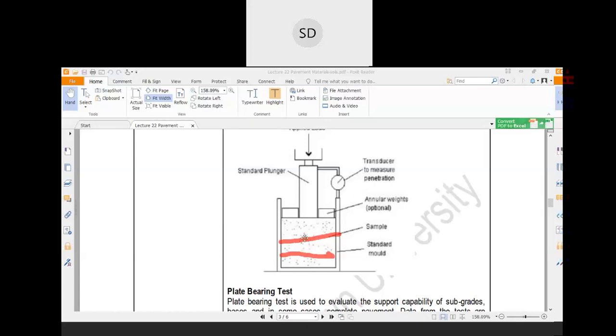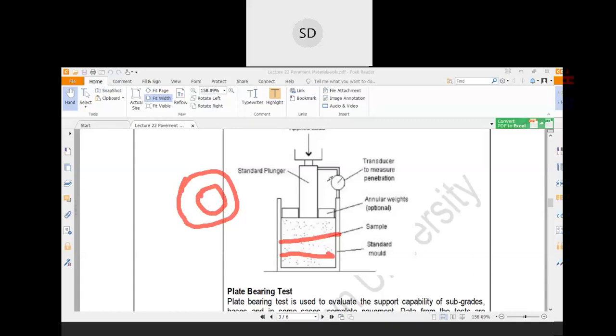After that, you have to place one collar plate and a surcharge load over the soil sample. This is the surcharge load over the soil sample. If you look at the top view of the surcharge load, it would be like that. The diameter of this hole would be nearly 50 mm, 51 or 52 mm, slightly greater than the